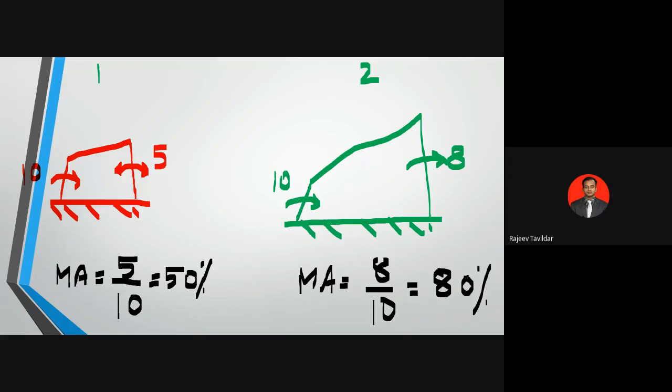That means 80% of the power or torque is being transmitted to the output link in case number 2. Whereas in case number 1, only 50% of the torque is being transmitted and the remaining 50% is being lost or absorbed by the friction at these particular joints. Okay. So maybe the links and the joints are not properly designed, due to which there's a lot of friction and the torque is getting diminished over there. So what you get at the end is only 50% of the torque. Okay. So I hope now your doubt is clear.